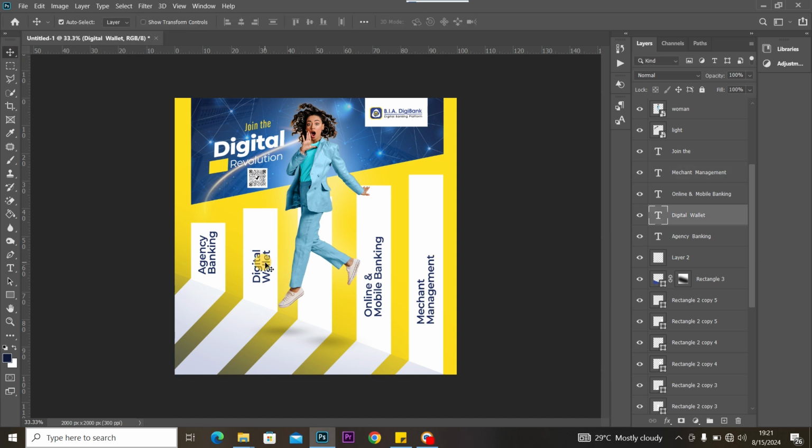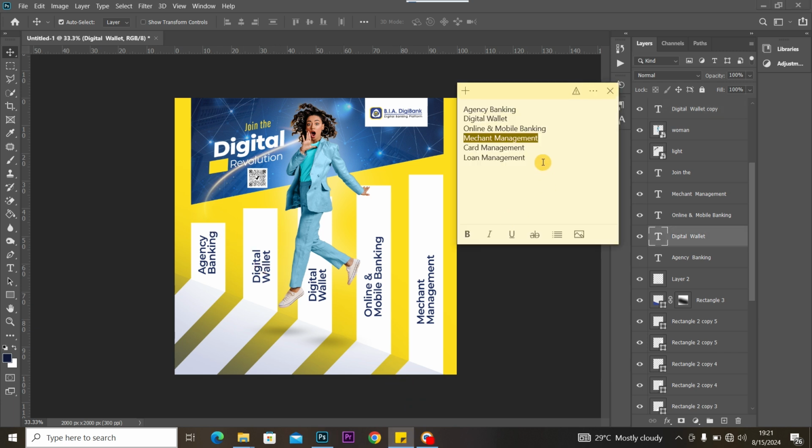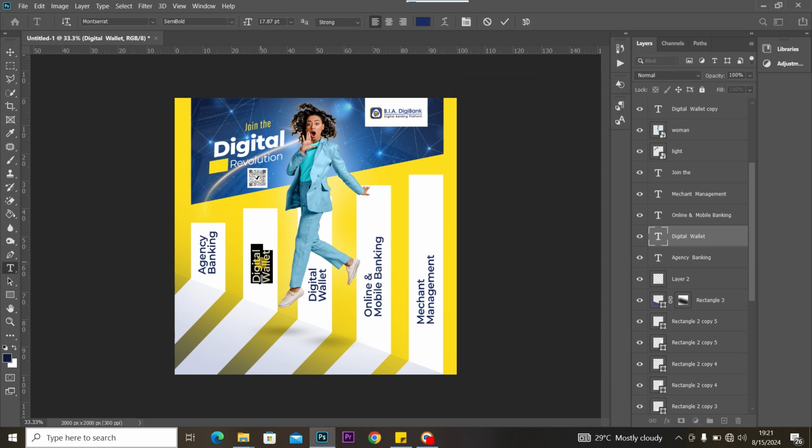Then I'll take digital wallet to this position, bring this somewhere here like that, and I'll switch it with, say, card management, Ctrl V,